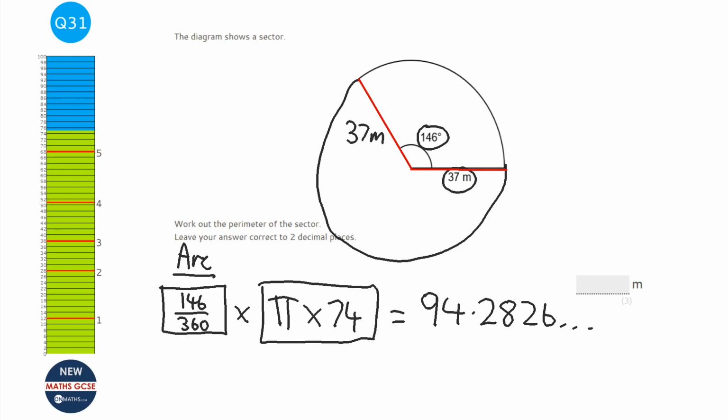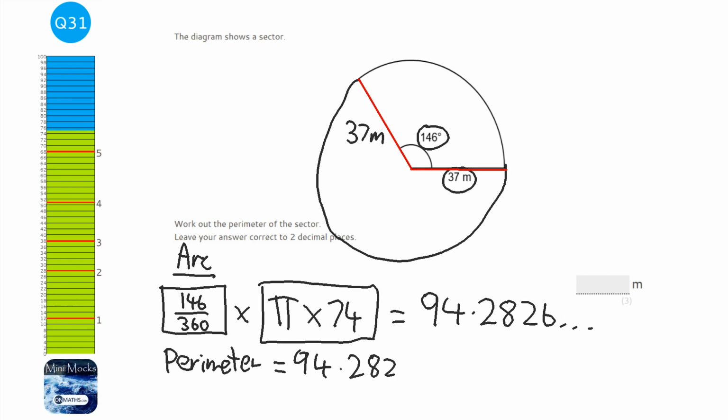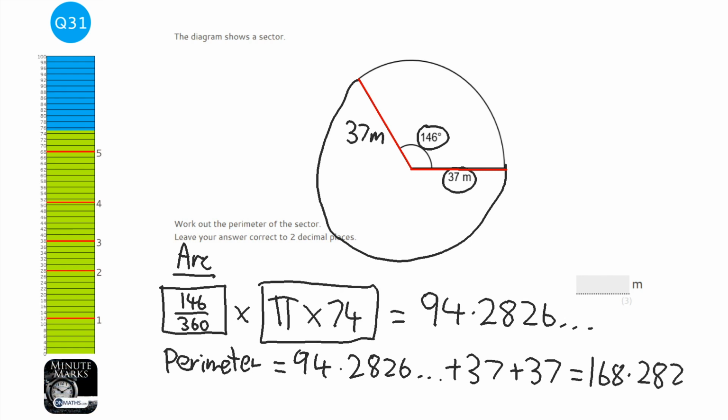So to work out the perimeter, I'm just going to get that 94.2826 and so on, and I'm going to keep it in my calculator. I'm going to add 37 and add another lot of 37. So add 37, add 37, and that gives me 168.2826 and so on. Once it's 2 decimal places, so line goes down here, and we've got